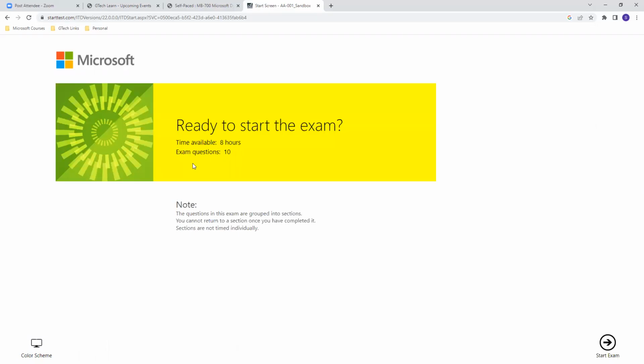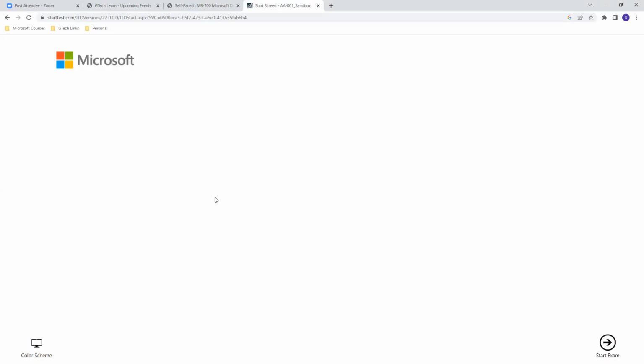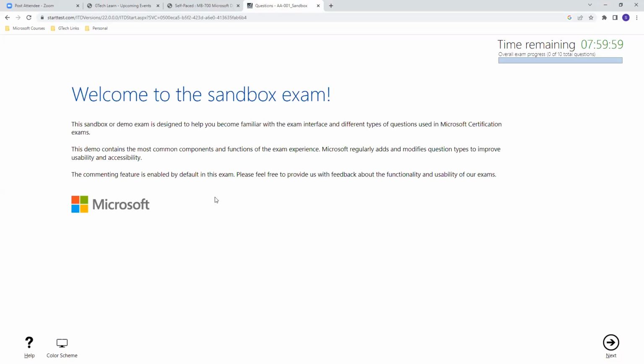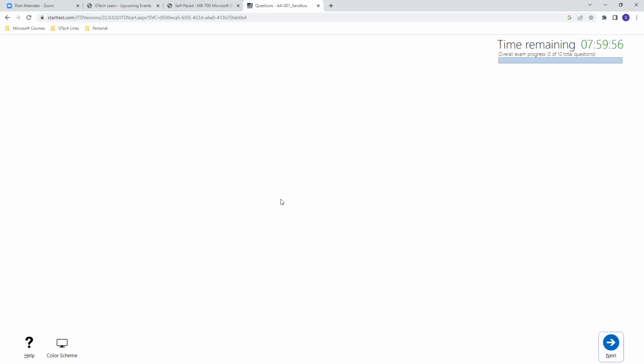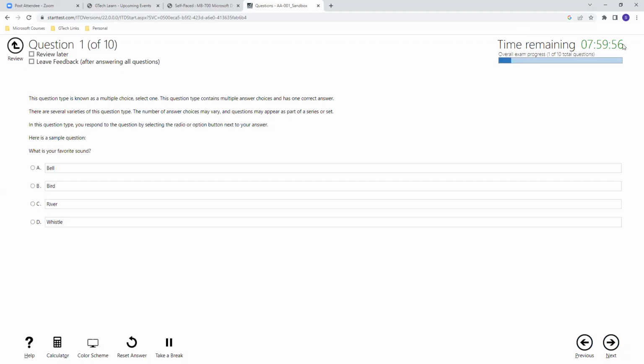So here, ready to take the exam? I would say yes, I'm ready to take the exam. So I'm going to click on the next button. And here, it's welcoming us to the sandbox. Let me click on the next button. You can see in the time remaining, it's giving me the total time I'm getting for this specific sandbox area. Because it's a demo sandbox, it's giving me 8 hours, but in the real environment,